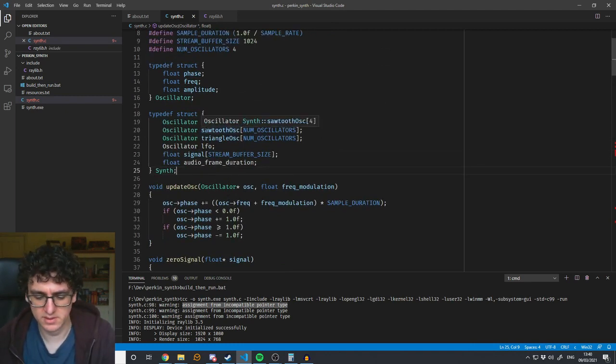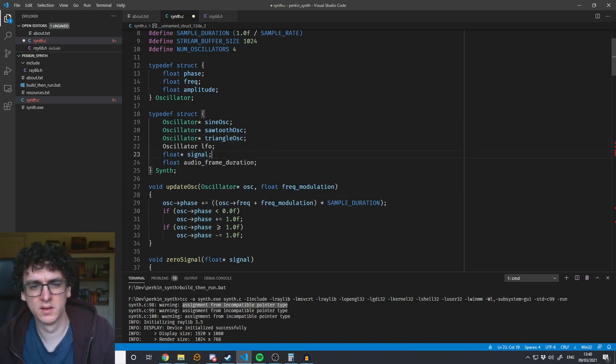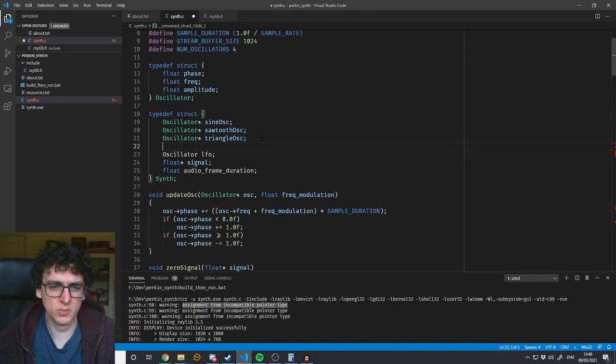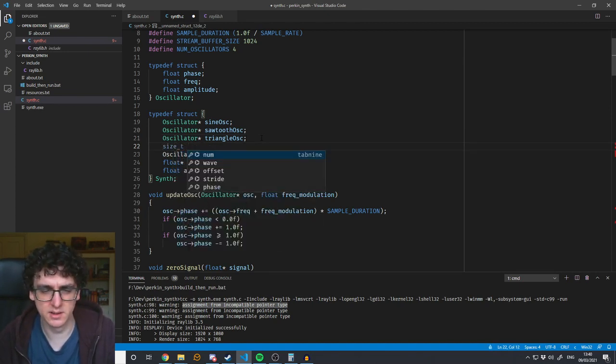Another way we can do this is, rather than packing the actual thing, we can make these pointers. We could also pack some extra information in here, like